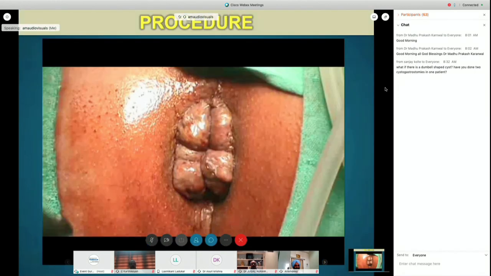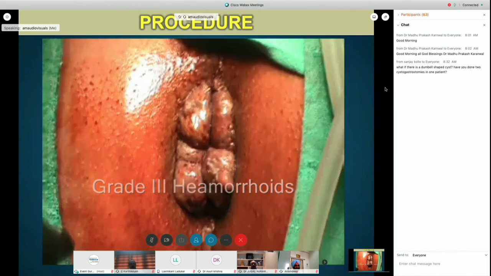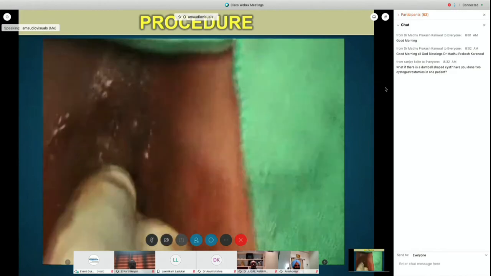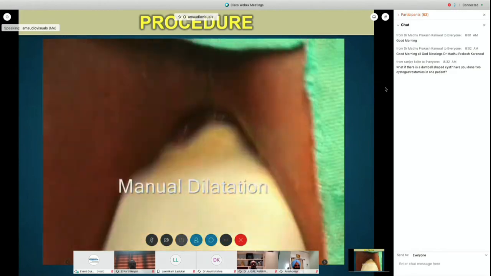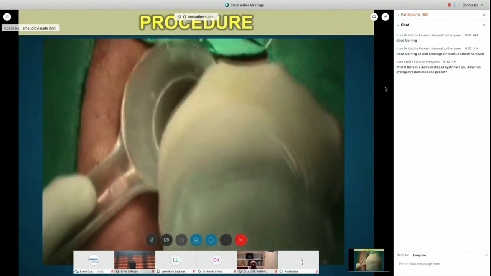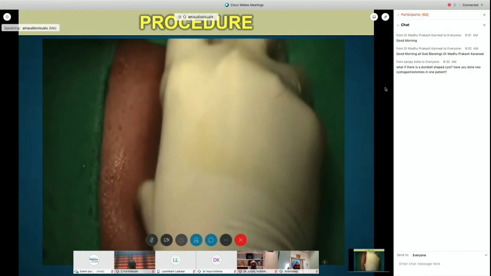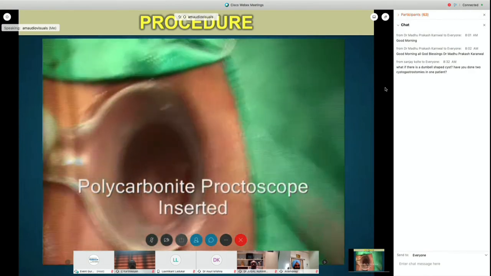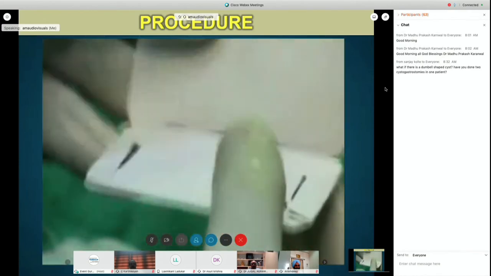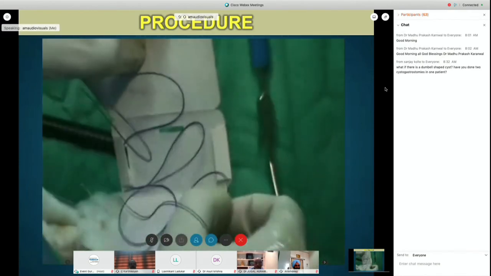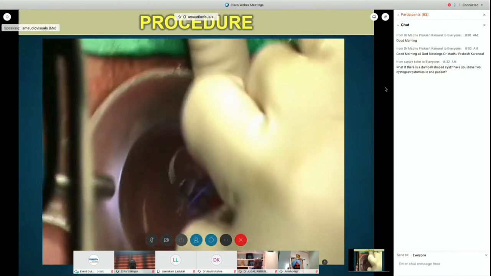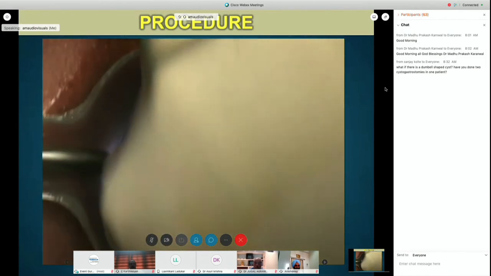This is a minimally invasive procedure for hemorrhoids called transanal suture hemorrhoidectomy. The patient is in lithotomy position with grade 3 hemorrhoids. The first step is to reduce or decompress the pile mass with manual dilatation and compression. The specially designed proctoscope made up of polycarbonate is inserted inside. It has a light source. Now, the specially designed polyglactin material with 5/8 circle needle is used for this procedure.